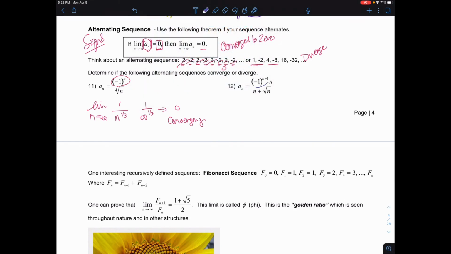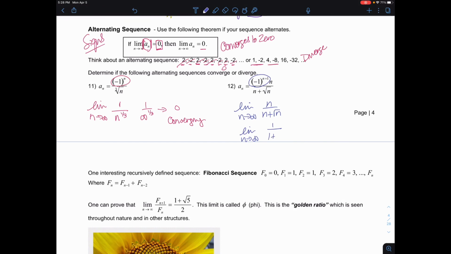Let's look at the last example that we have here. In our last example, here is the alternating portion of it. We don't need the alternating portion of it. We're really just going to look at the limit as n goes to infinity of n over n plus the square root of n. Let's go ahead and use L'Hopital's rule on this and take the derivative of the numerator and the derivative of the denominator separately. So we end up with the limit as n goes to infinity of 1